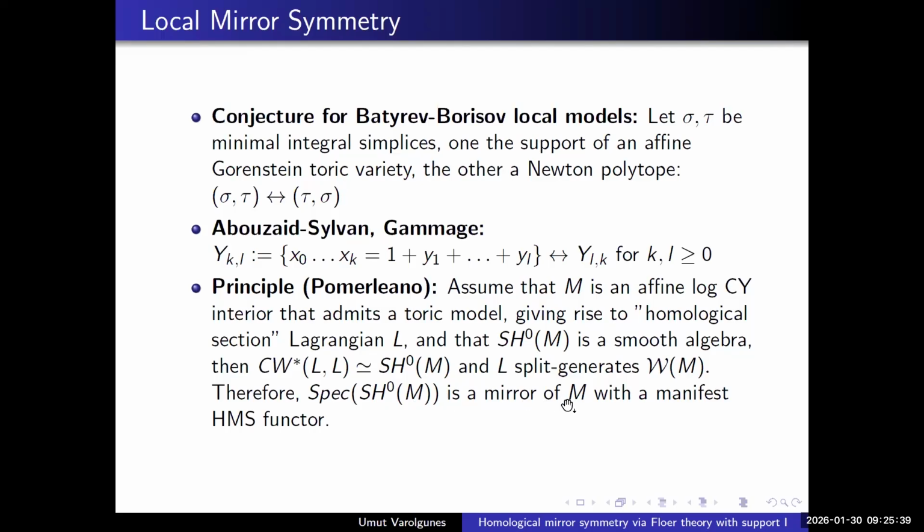And moreover, it's not just some arbitrary HMS functor. There is a manifest HMS functor given by the restricted Yoneda functor. So that's an equivalence. Okay, so that's good. So now you want to understand when this holds, SH0 of M being a smooth